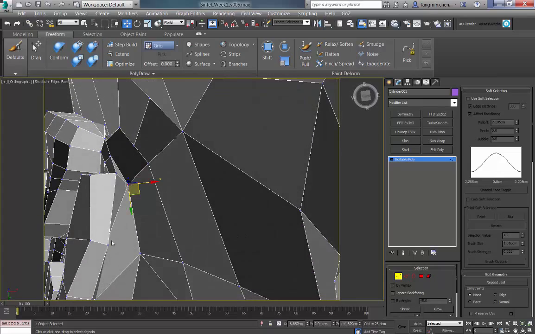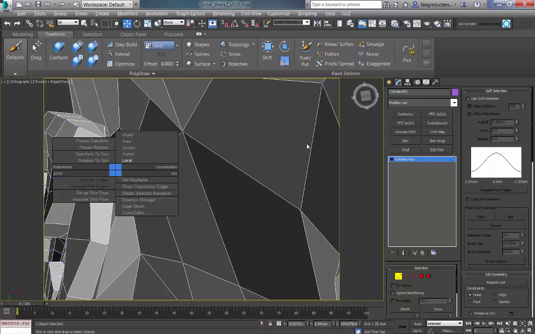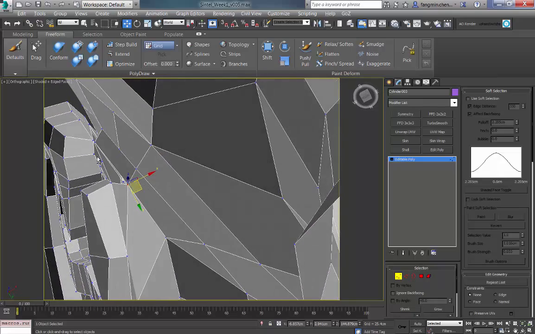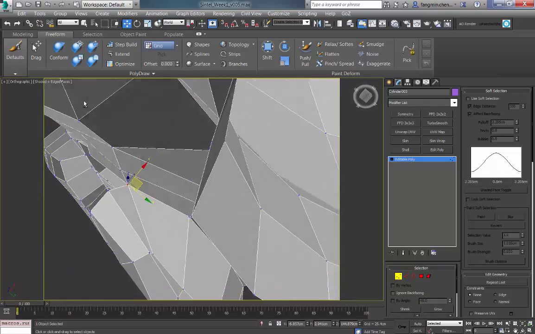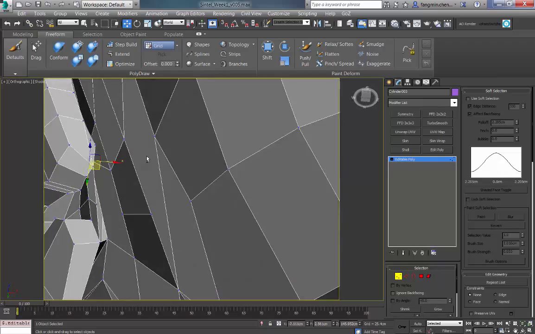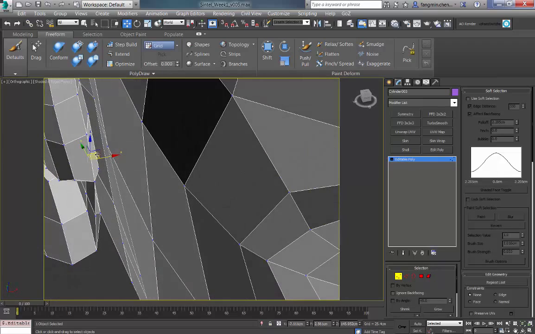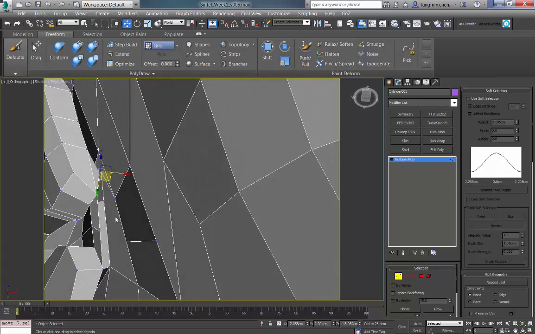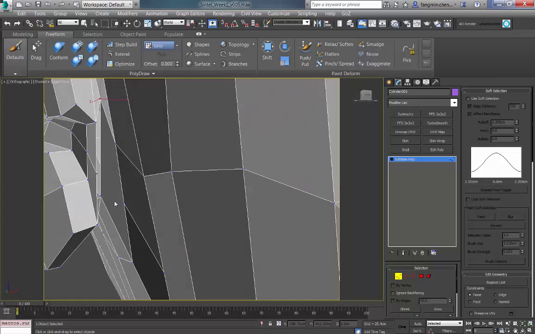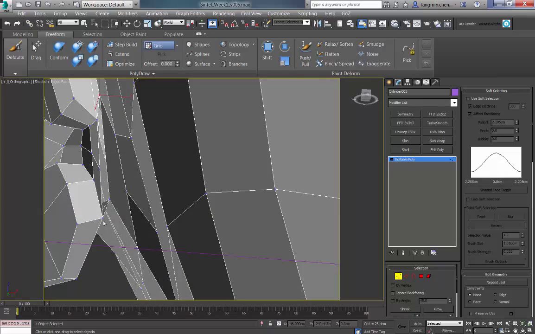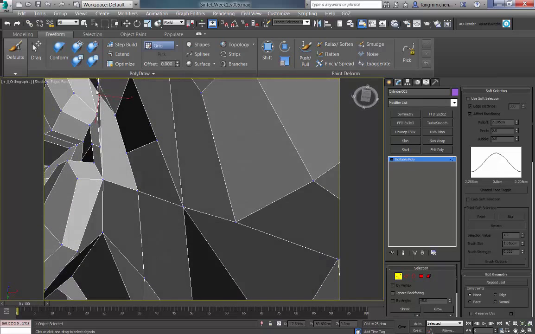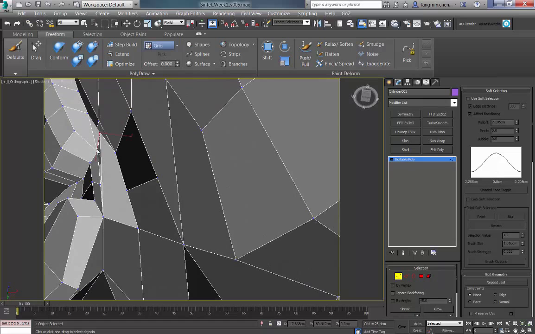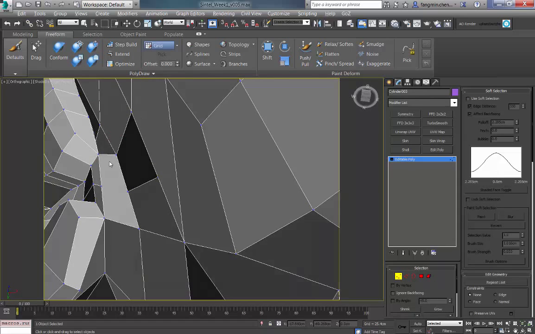Actually, just toggle weld this one. Wow, that's really messy. Yeah, just that to that. This one to this one. I'm just gonna do this and